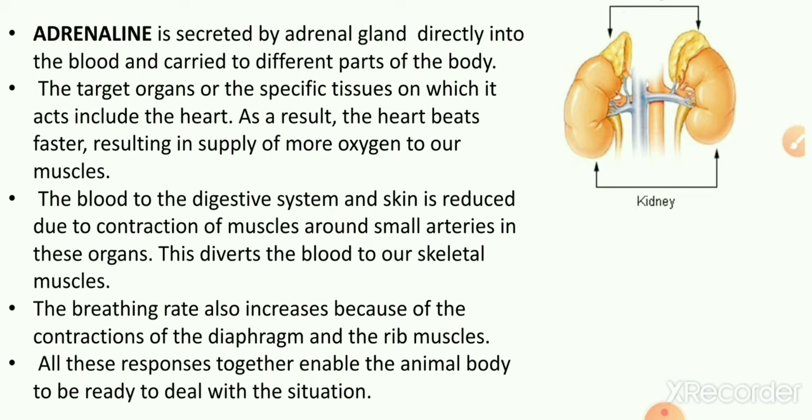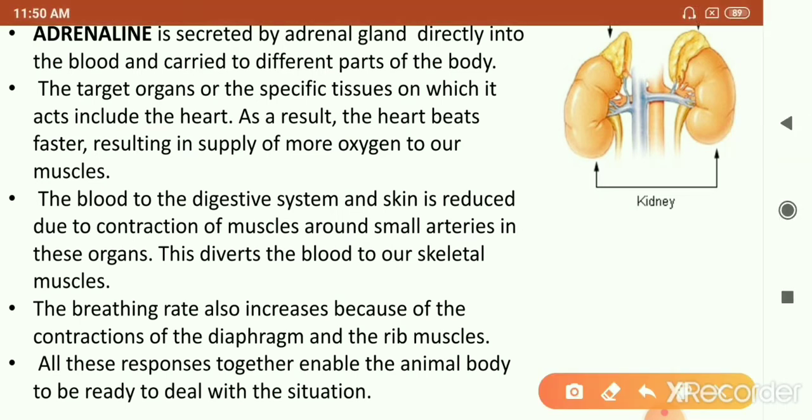And how does it work? Suppose you find a snake in front of you, or you fall in a scary situation. In that case, the adrenal glands release adrenaline, which has got multiple target sites. One of the targets of adrenaline is the heart. So when adrenaline via blood reaches the heart, it makes the heart beat faster, and this causes more and more oxygenated blood to be pumped to your muscles, because when you are in an emergency or scary situation,